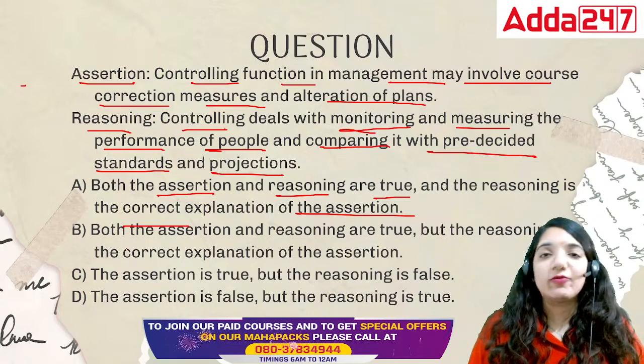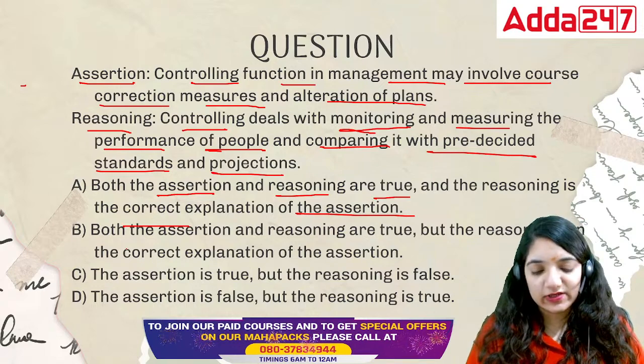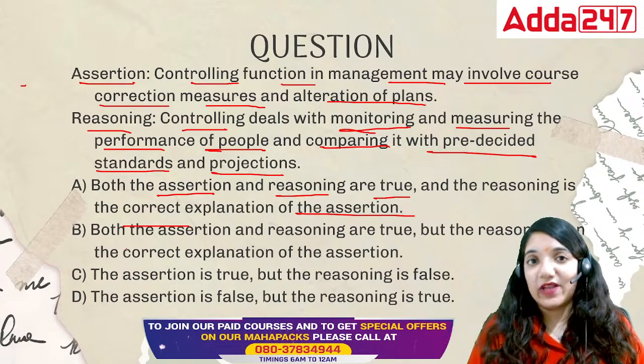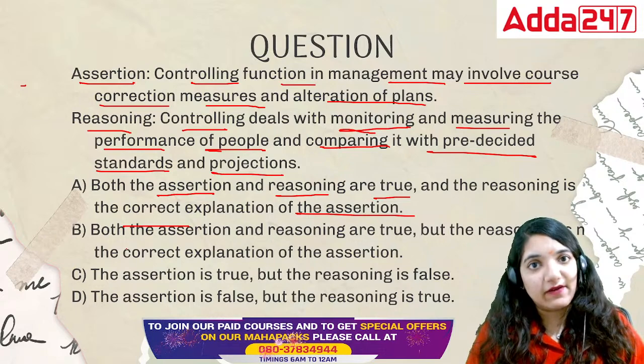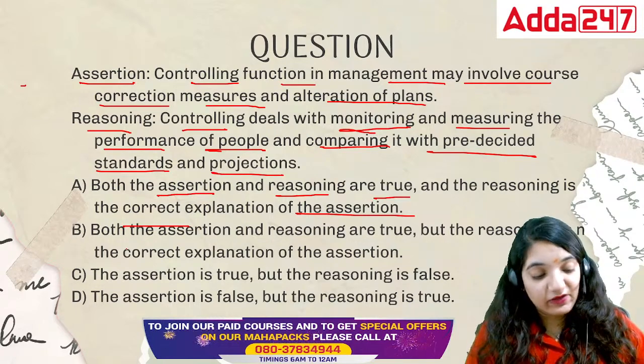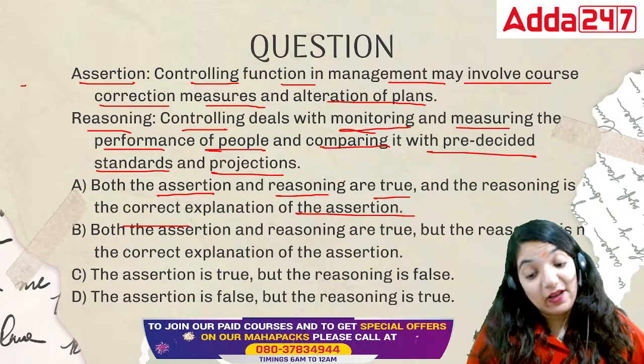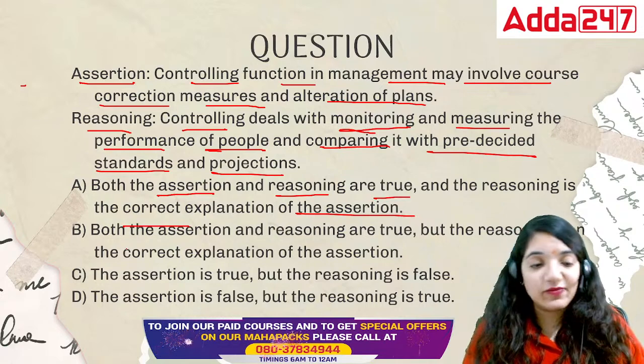planning is handicapped without controlling. If I keep on telling you, we will do a class, pakka we will do a class, and I don't do it, so then what will happen? We have to take a corrective action, that it wasn't taken on this particular day, let's keep it at some other time. If there is a problem with the class, let's keep it at this point of time. We will find an alternate and we will still conduct the class. This is where the plan